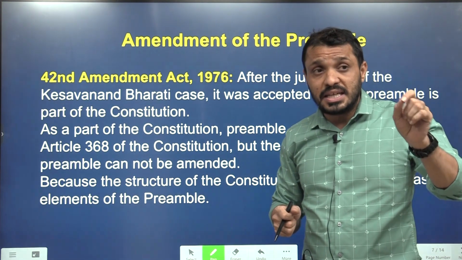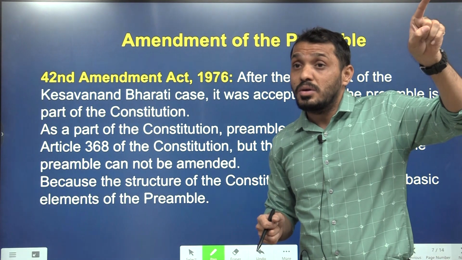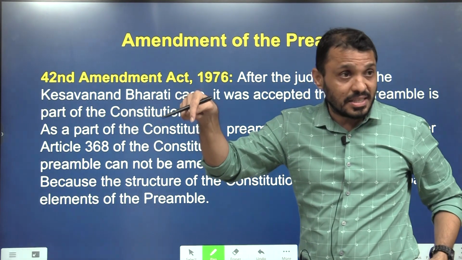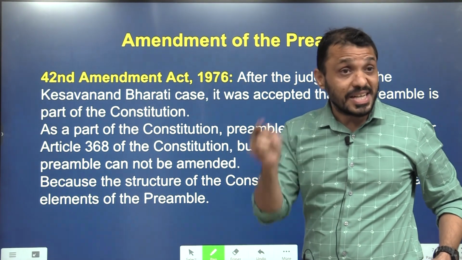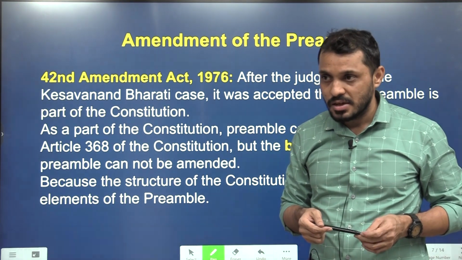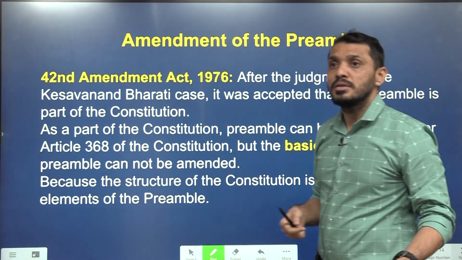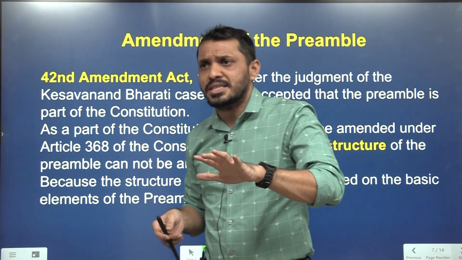Article 39B and 39C are highly important, to such an extent that even if you are violating Article 14 and Article 19 for the implementation of Article 39B and 39C, still that is valid. That is what Article 31C is talking about: the conflict between the DPSP as well as fundamental rights. Okay, fine. Preamble? Obviously, the Constitution nowhere mentioned like that.